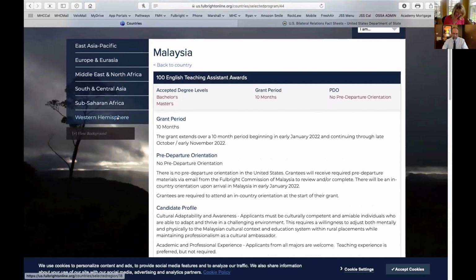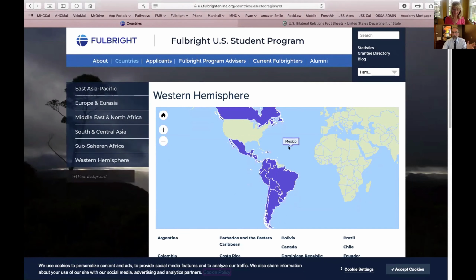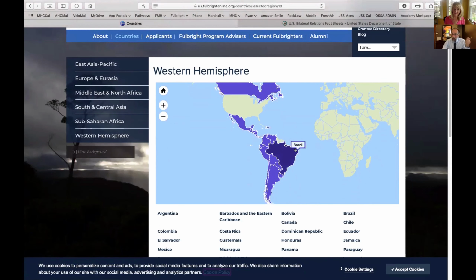Great, thank you. We're going to go to Argentina, which is maybe a counterpoint to Malaysia in one way. Malay isn't necessarily taught widely in the United States, but Spanish is.